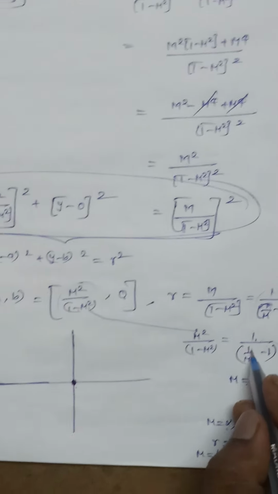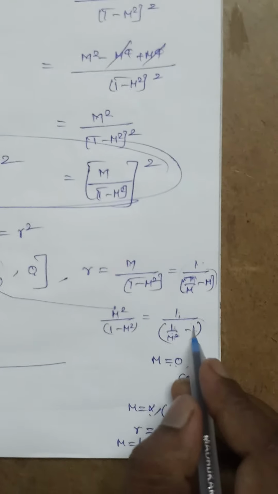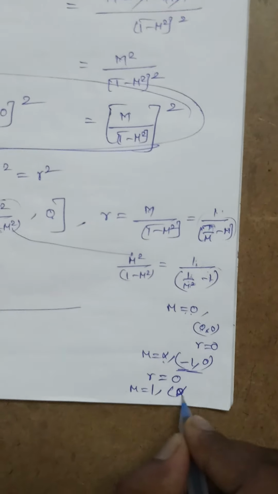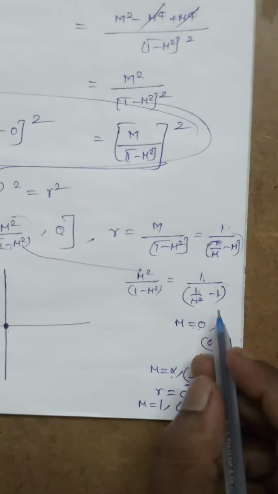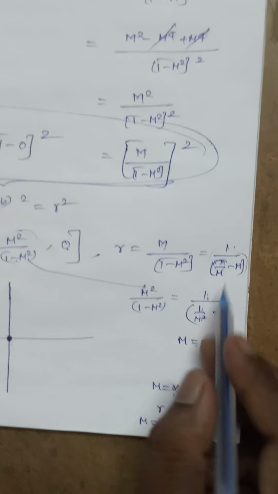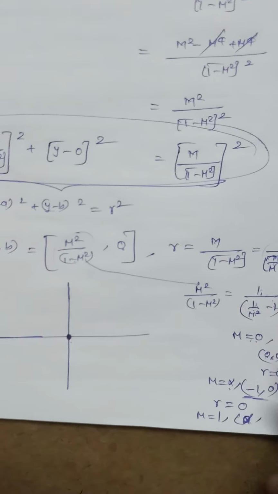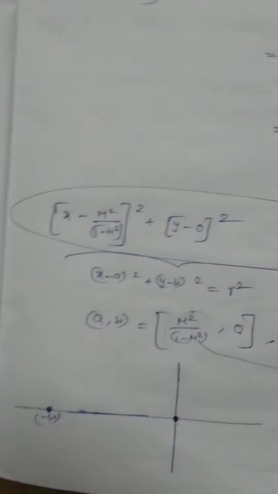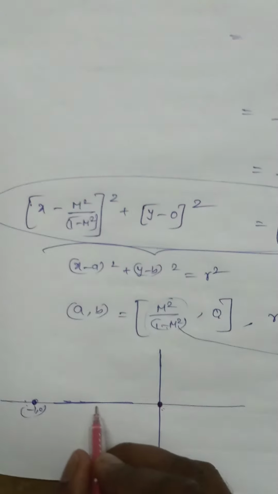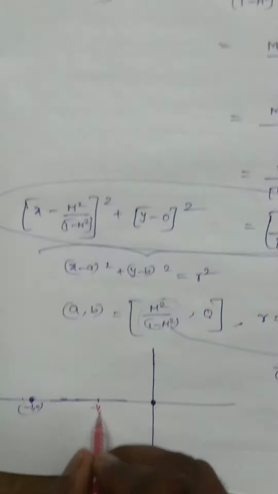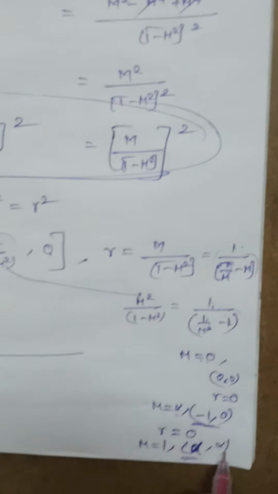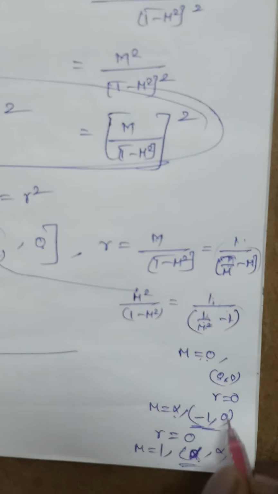What is the center? It is 1 divided by 1 minus 1, which is 1 divided by 0, that is infinity. So this one is infinity, and the radius is also 1 minus 1, this is also infinity. So this line is a big circle, which will be present in between these two points, that is minus 1 by 2. It's a big circle, which is having the center minus infinity comma infinity, and also the radius is infinity.